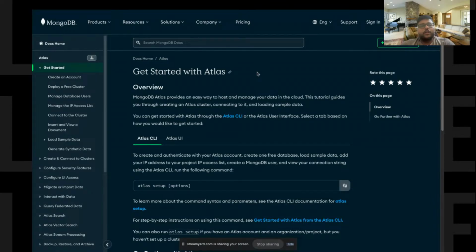So MongoDB Atlas is a cloud service from MongoDB where you can have a fully managed database cluster that you can host on any of the cloud providers of your choice. So it supports AWS, it supports GCP, and it also supports Microsoft Azure. So you can choose any one between these, and you can spin up your cluster as per your liking,